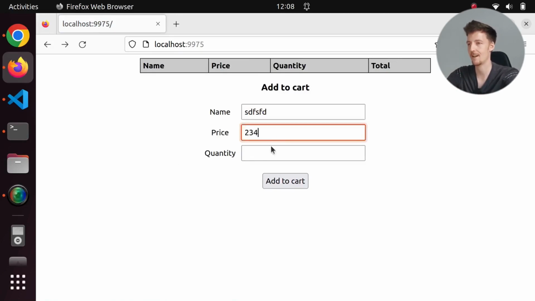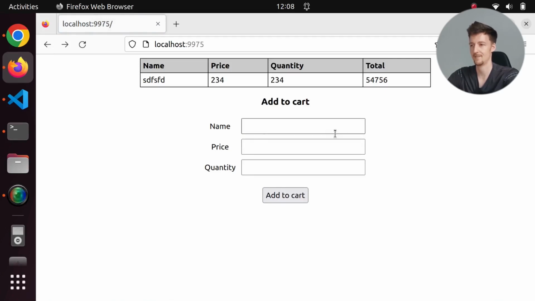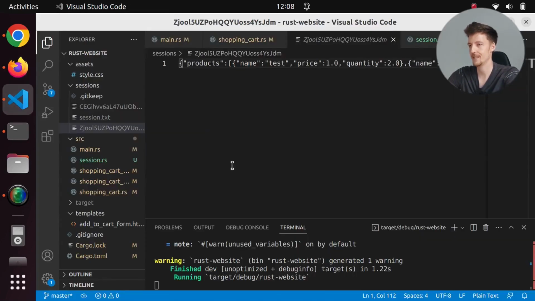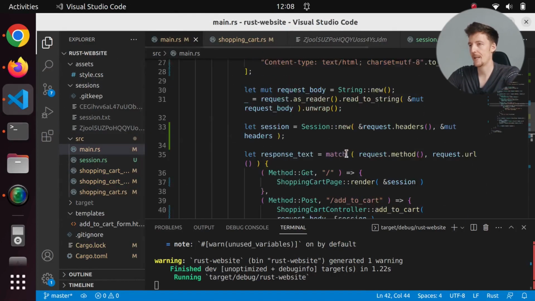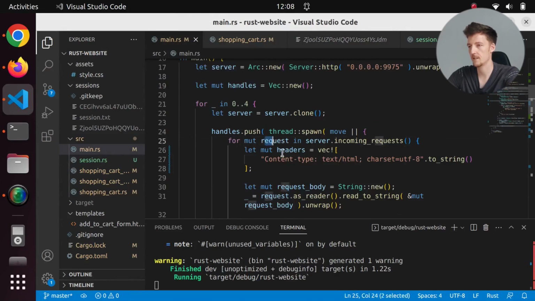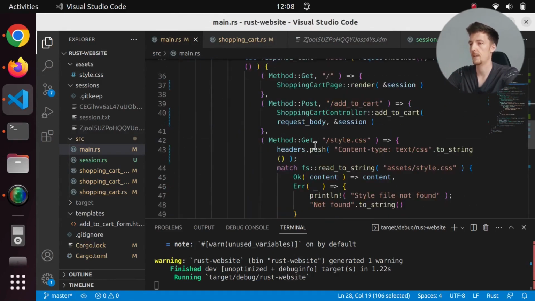So now we can add our own stuff here, add it to cart, refresh, and there it is. Now I want to fix this so that it doesn't go back. I have to go back myself. So let's fix that. Now that we implemented these headers here, that are the output headers, then we could